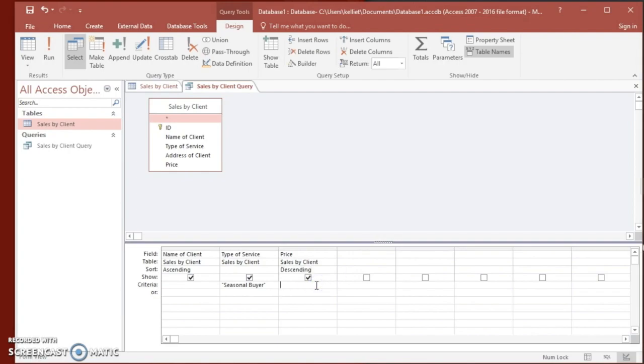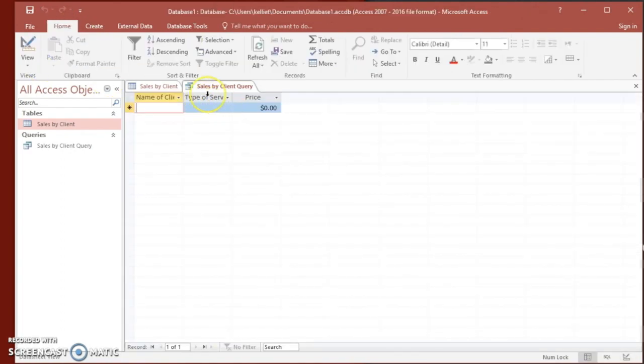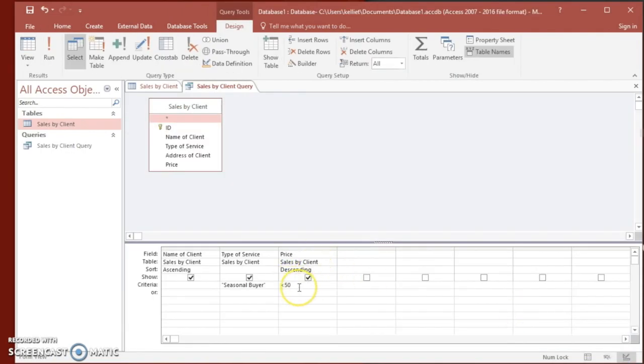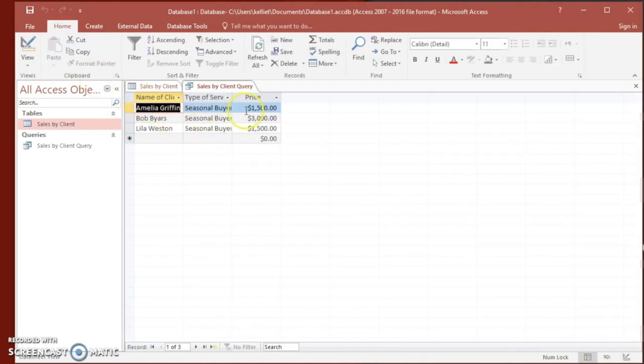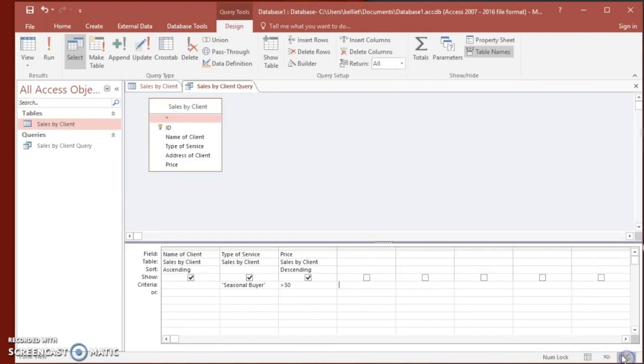I want to see, I'm going to put it in descending, and a mistake that you don't want to make, which I am doing right now, is I'm showing a less than sign with $50. So don't get this mixed up, because when you click run, you know you did something wrong if it shows 0 with no names and no types of services. So you know you did something wrong if that happens. So I'm going to go ahead and go back to design view and edit this, and I am now going to do the correct format, which is greater than $50 because none of my seasonal buyers paid less than $50. So here I have the correct format,